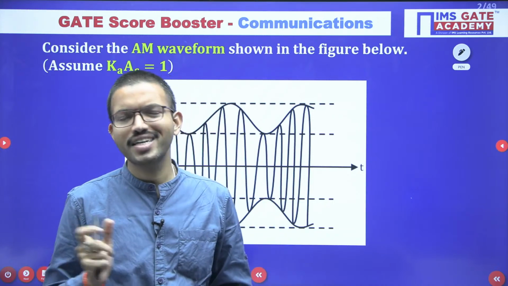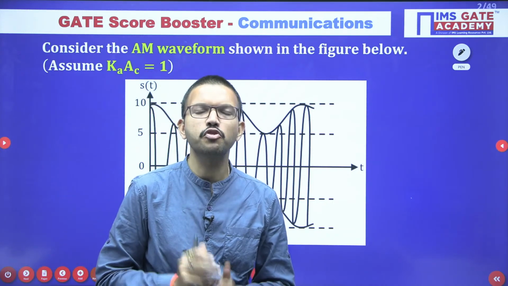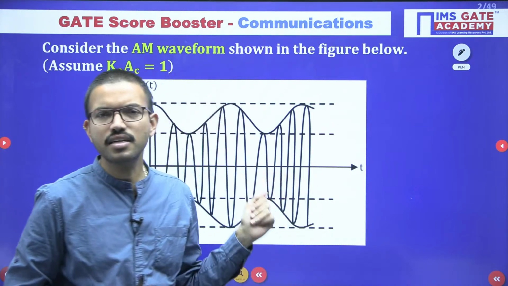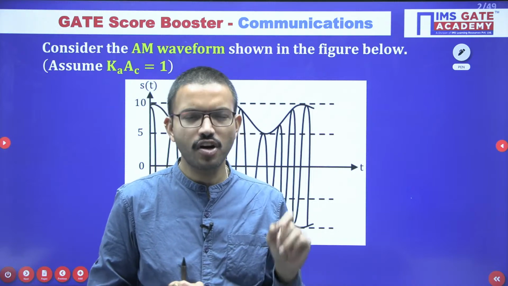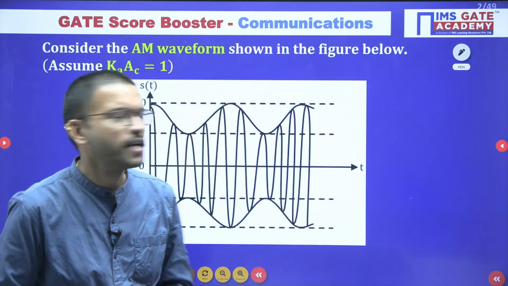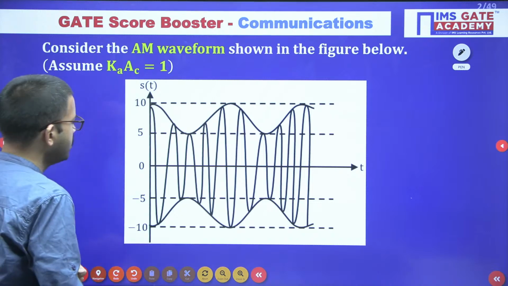But due to any reason, if you forget during the exam, no issue at all. You can get the formula, you can do the derivation in a couple of minutes. You will get the formula and after that you can substitute the values. Okay, right. So for the timing here,